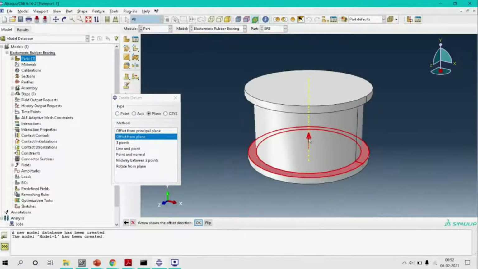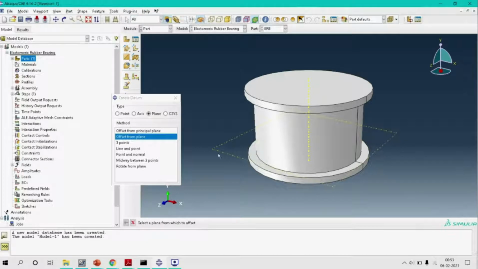Now this arrow is asking whether we have to pass the datum plane above this plane or below this plane. As can be seen, we can flip this arrow. I have to pass the datum plane above this plane, and I will enter the value 22.23 mm, that is 0.02223 meter. Okay, so our first datum plane has been passed.